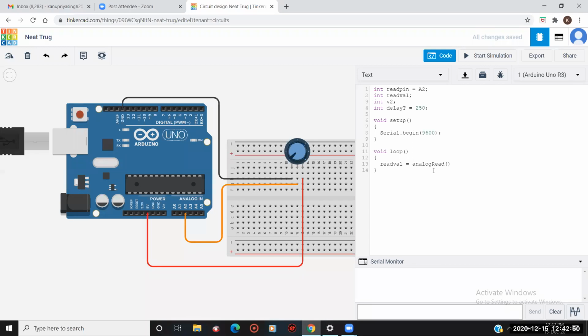But from where will analog read read? It will read from the A2 pin. What is the name of my A2 pin? It is named read pin. So I have assigned the read pin.